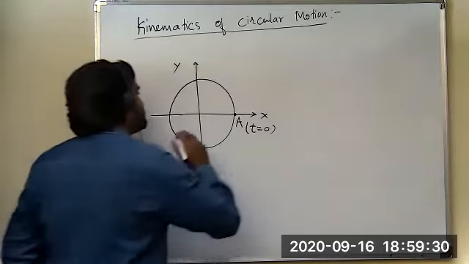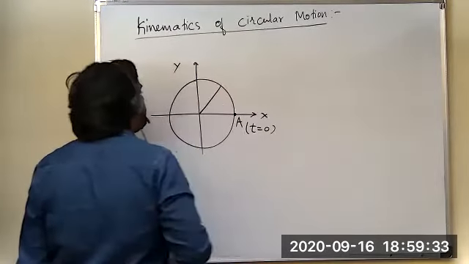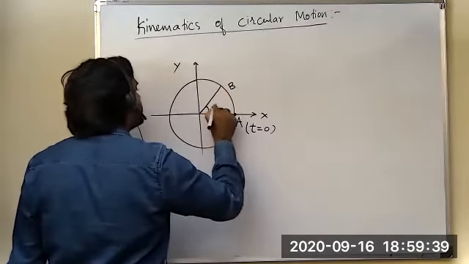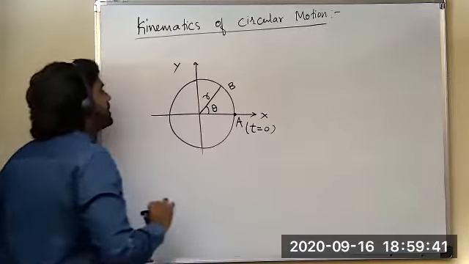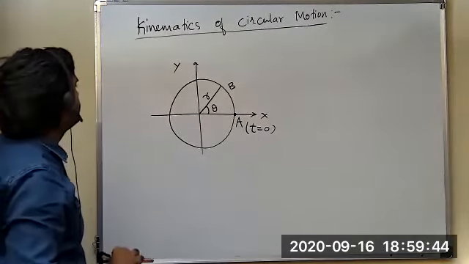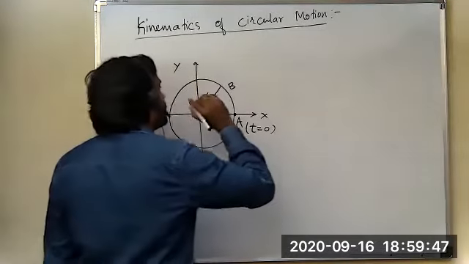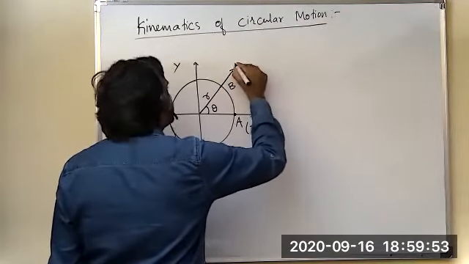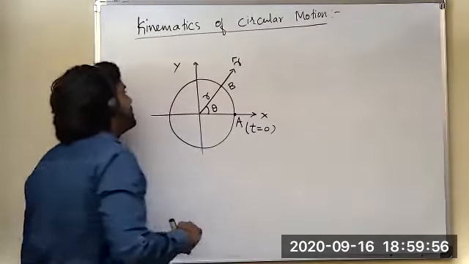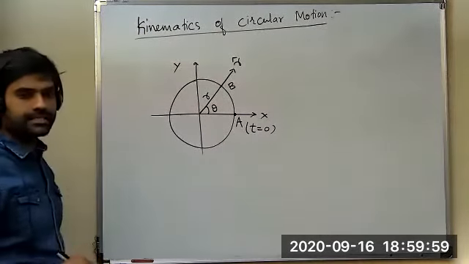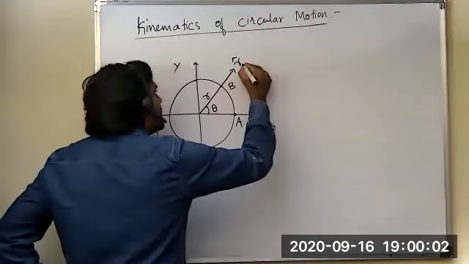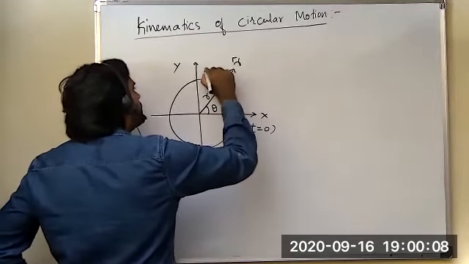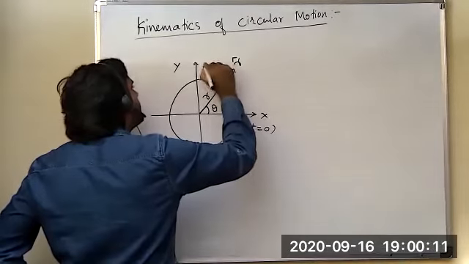motion. Okay students. So let us consider after some time the body has reached up to here. That is point B, making an angle theta. Let R be the radius of this circular motion. Okay guys, now here I am considering a unit vector along the radius direction. Let it be R cap. See students, at this instant I am considering a unit vector in the direction of R, and I am also considering one more unit vector along the direction of tangent. Let it be t cap.